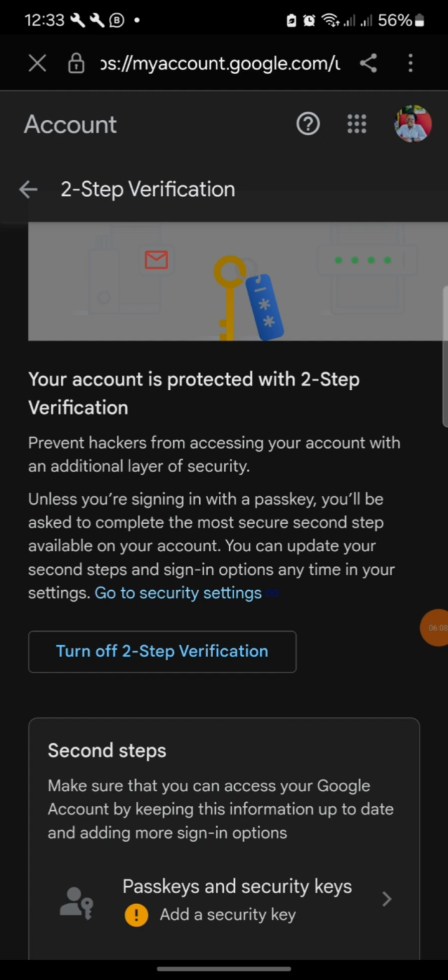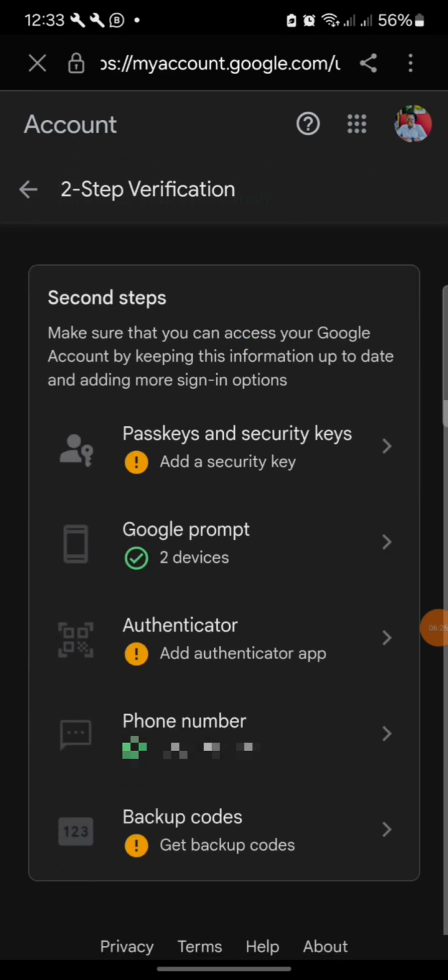Your account is protected with two-step verification. Prevent hackers from accessing your account with an additional layer of security. Unless you are signing in with a passkey, you will be asked to complete the most secure second step available on your account. You can update your second steps and sign in options anytime in your settings. So you see,